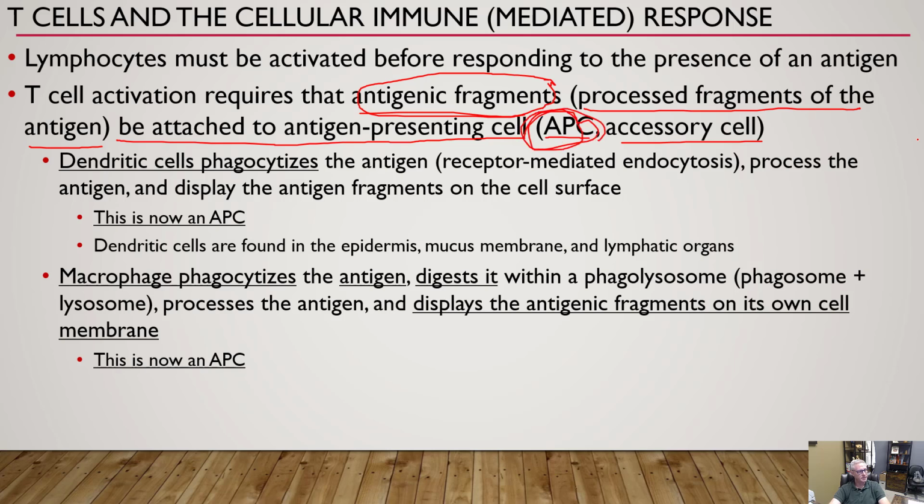So what's going to happen is that these dendritic cells, remember dendritic cells are phagocytes, or one type of phagocyte, are going to phagocytize that antigen via